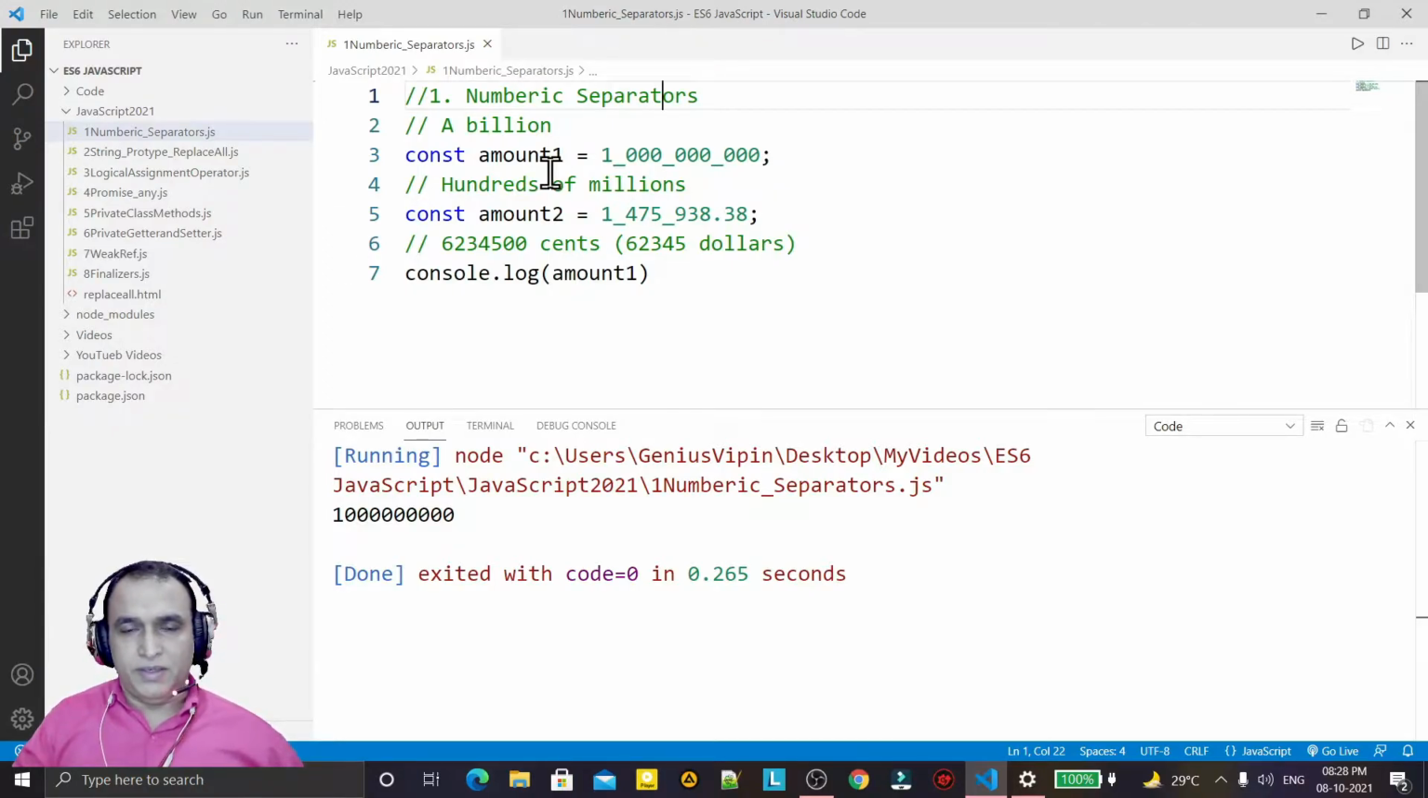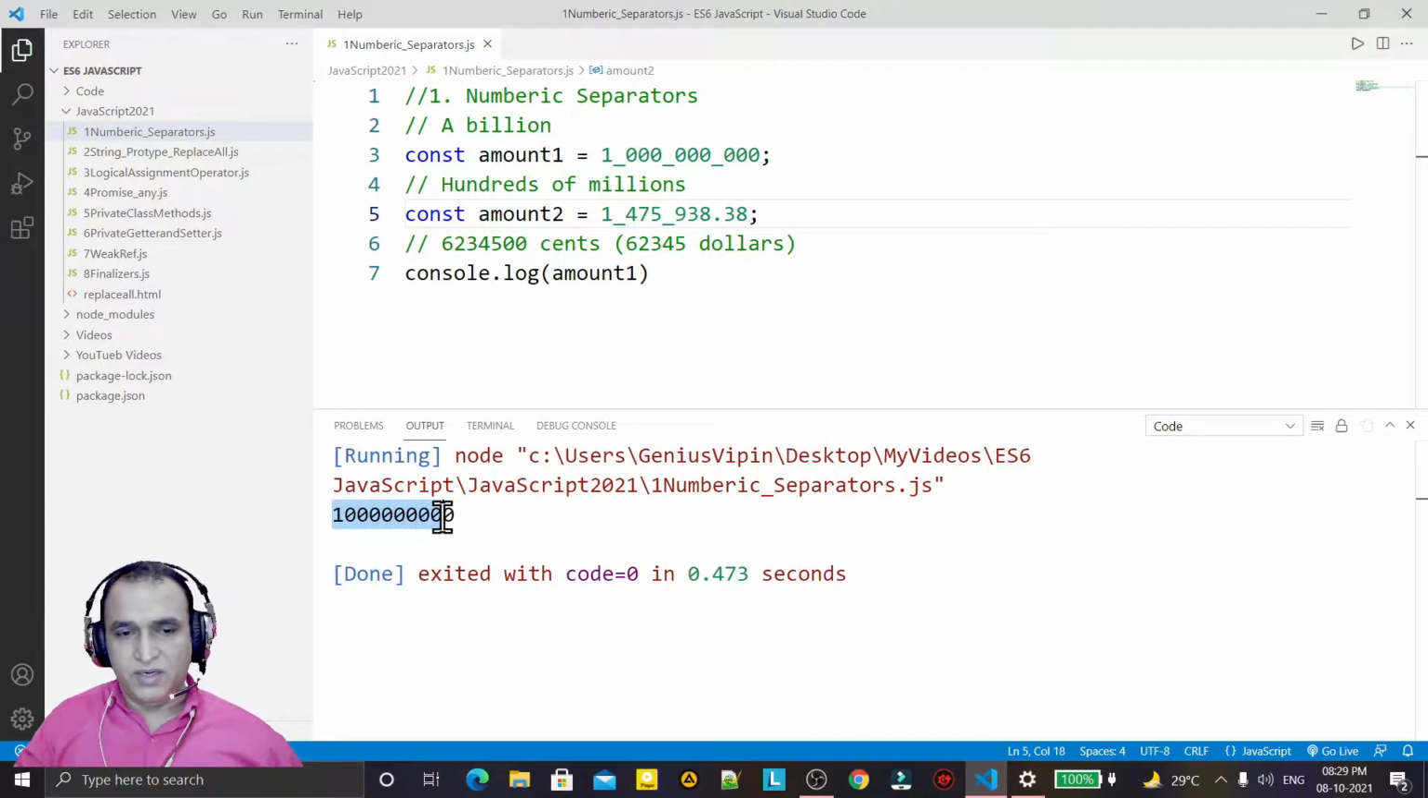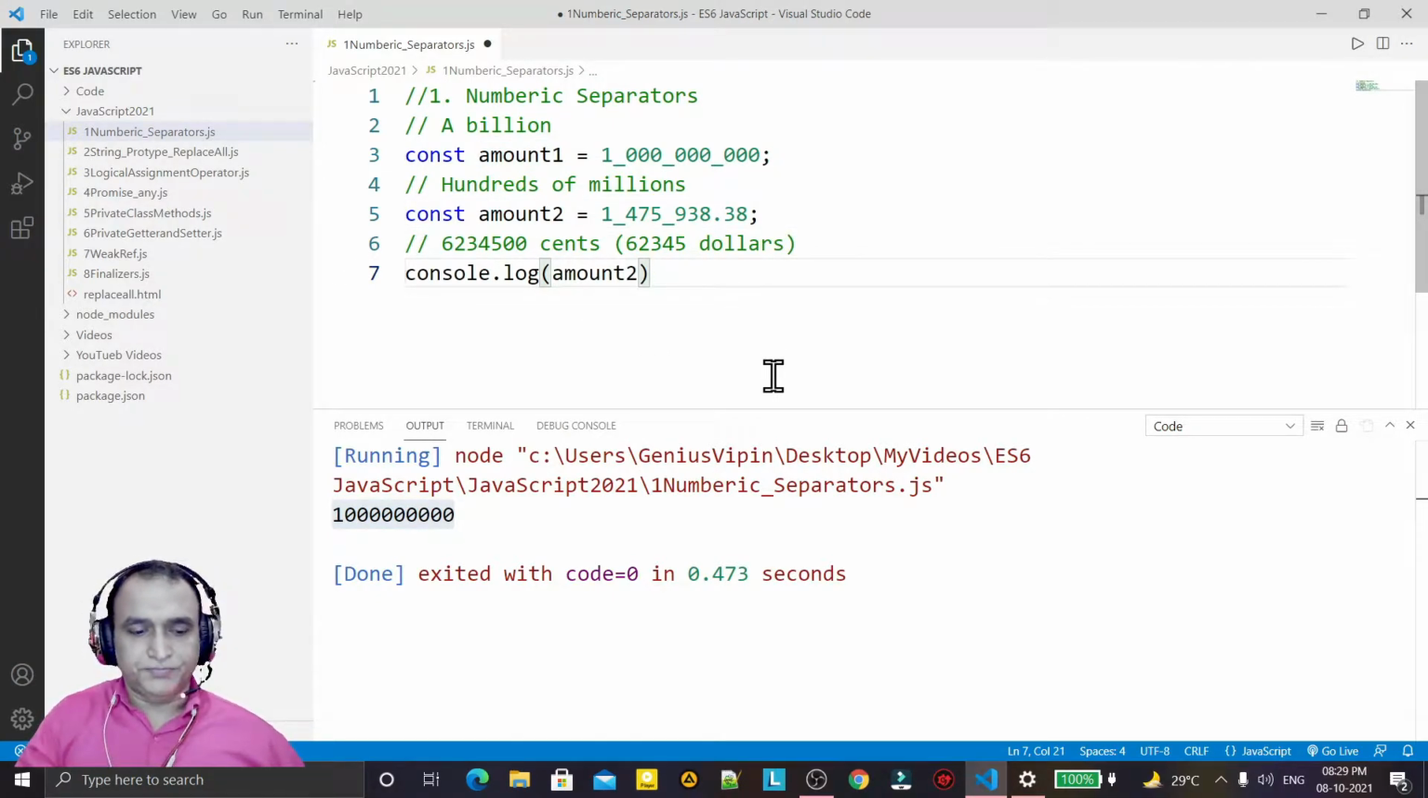This numeric separator is very easy to understand if we write some value, like in millions, if we write some data. It's very easy to read like this. We can put the underscore symbol in a numeric value. Here also you see we can put the underscore symbol in a numeric value. When I run this, it will run perfectly without any problem. I can display the second value also, amount 2, and if I run it, it will also display in a regular way as a number, but we can define these numbers with underscores